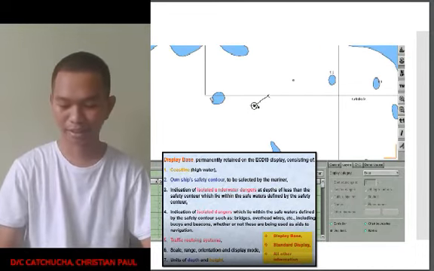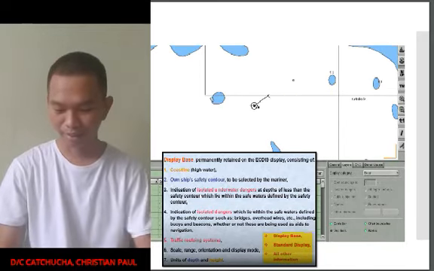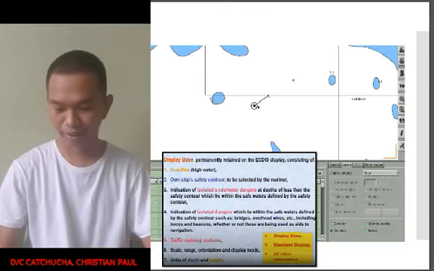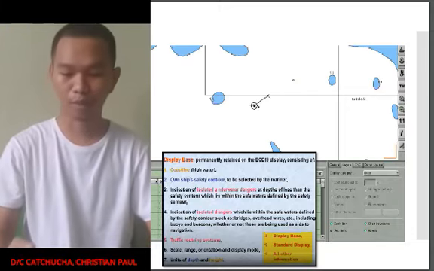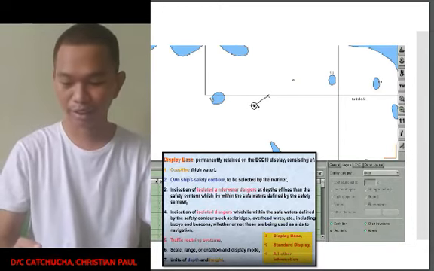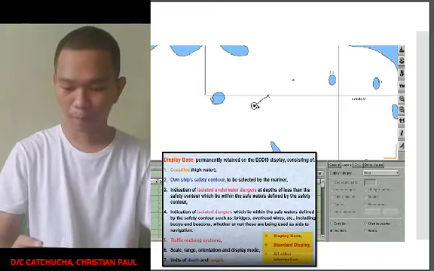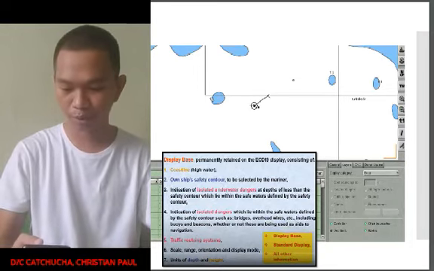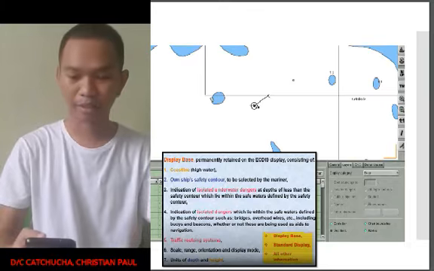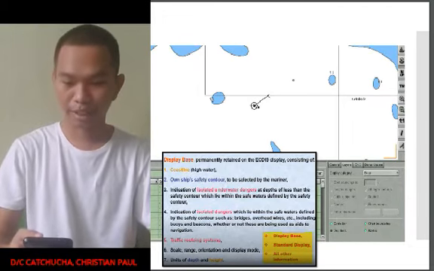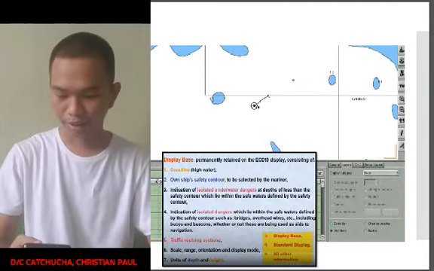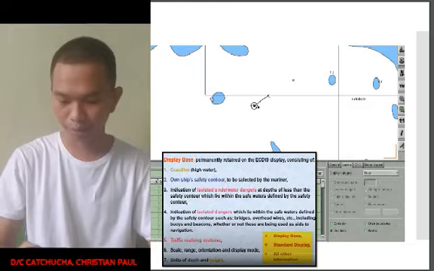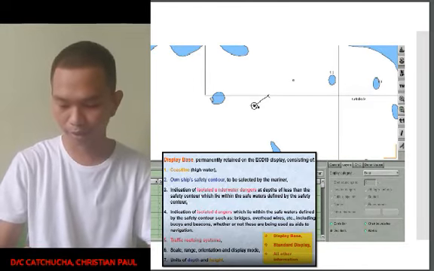Then I will be discussing the base, standard, and the custom. So first, the base. The display base is permanently retained on the ECDIS display, consisting of number 1, coastline or the high water. Number 2, the ship's safe contour to be selected by the mariner. Number 3, indication of isolated underwater danger at depth of less than the safety contour, which lie within the safe waters defined